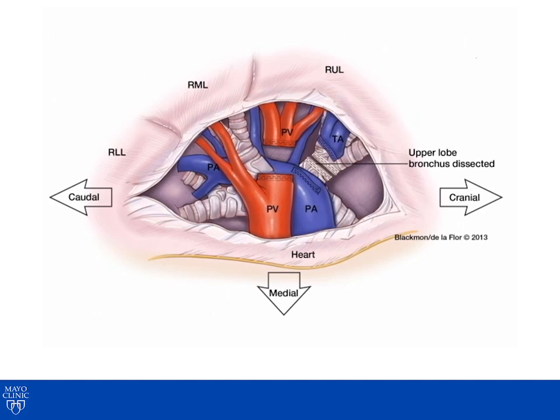We do not recommend that one be divided in front of the other, but instead recommend that you see which one has the most reasonable angle. And based on that decision, you can then divide either the right upper lobe bronchus or the right upper lobe branch of the posterior ascending pulmonary artery. Once the bronchus has been divided, you can then encircle, staple, and divide the posterior ascending branch of the pulmonary